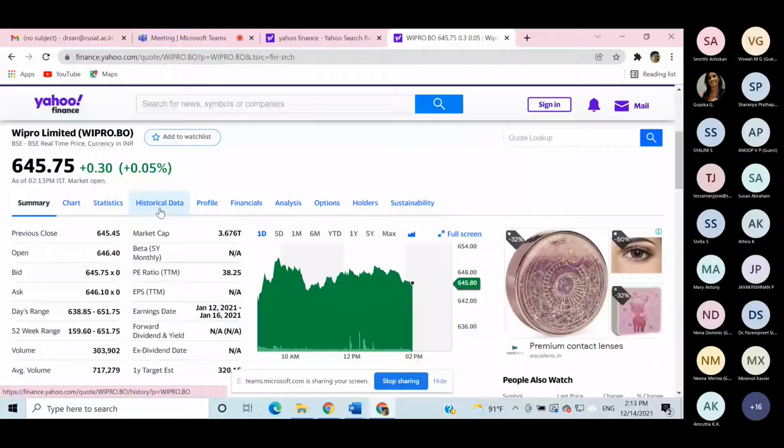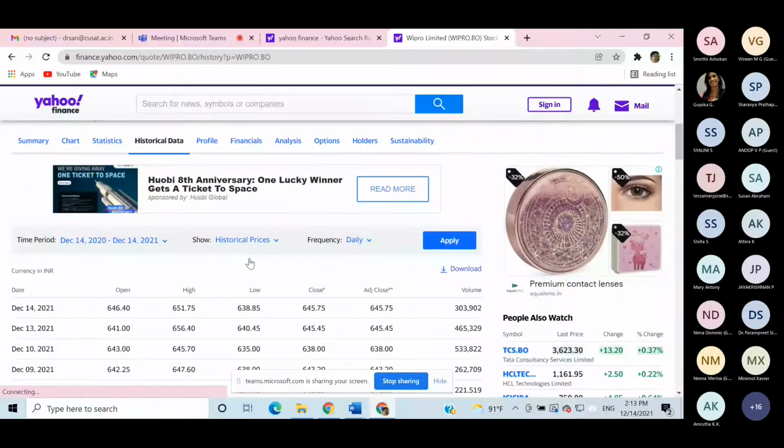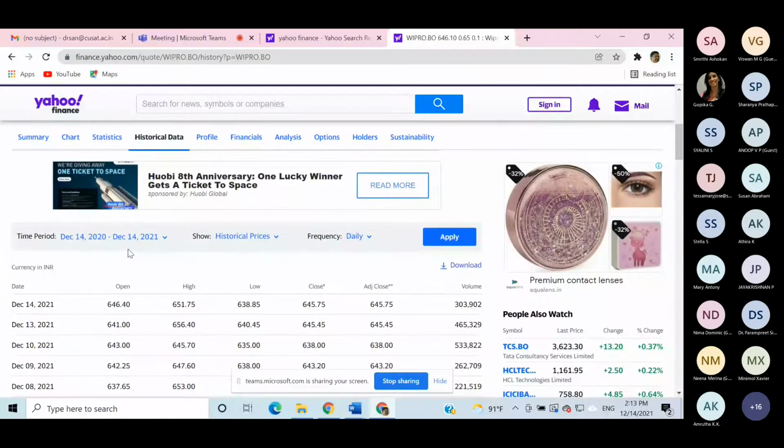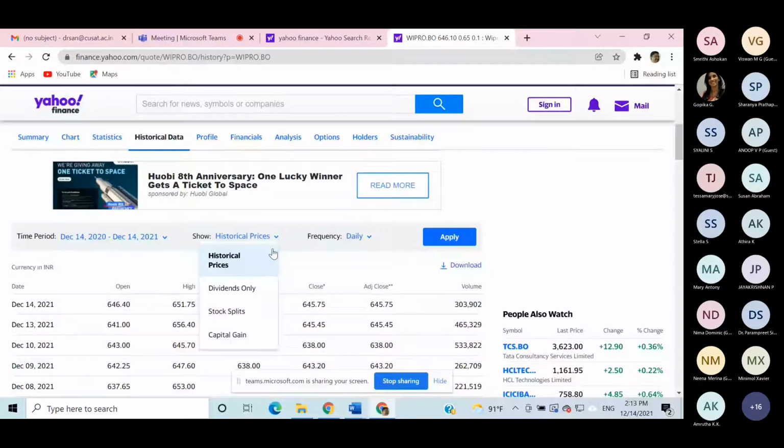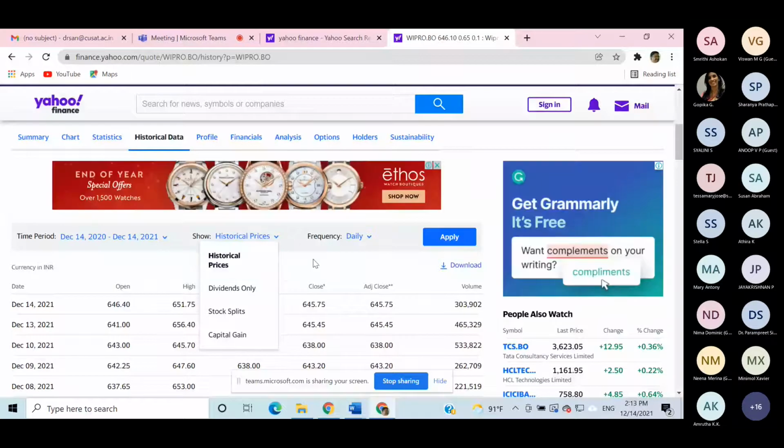It will show a default date range of one year of data. Under historical prices, you can get historical prices, dividends, stock splits and other details. Leave it at historical prices. For the frequency of the data, you can get daily data, weekly data, and also monthly data. We are sticking to daily data. So if you give a download,